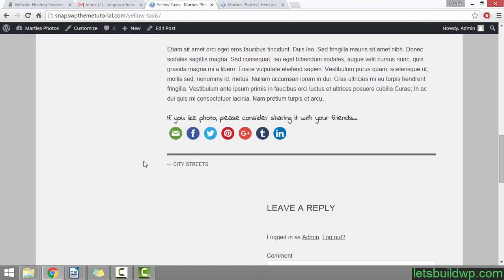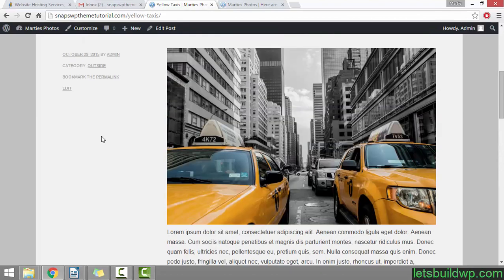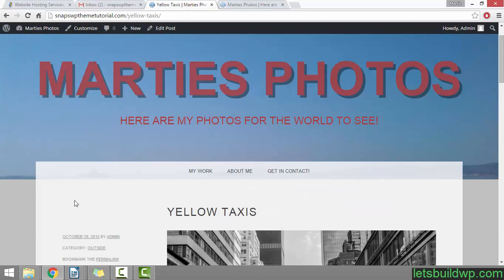Now that we've added our social share buttons to our website, the next thing we're going to do is install a plugin called WP Smush. What the WP Smush plugin does is compress the file size of the images on our site without affecting the actual image quality. Doing this will greatly help our site speed and make sure that our images load quick whenever